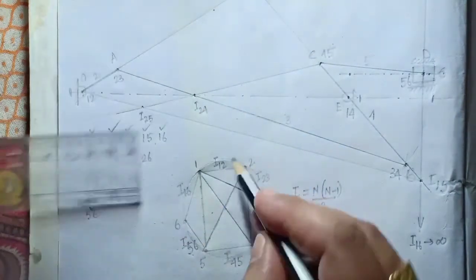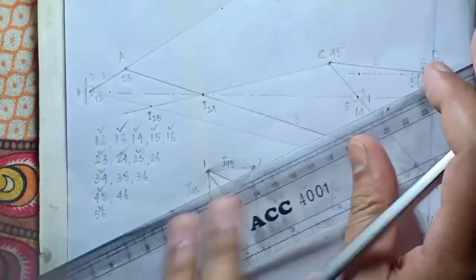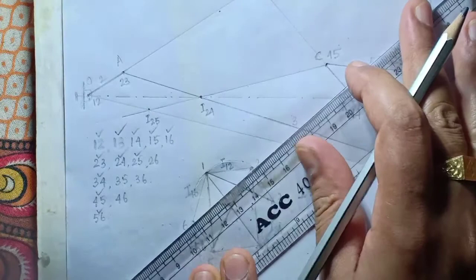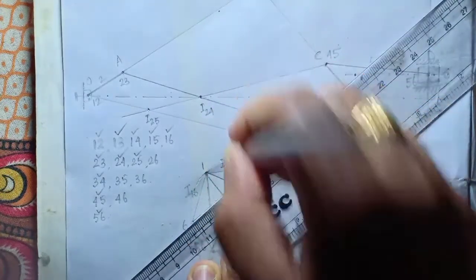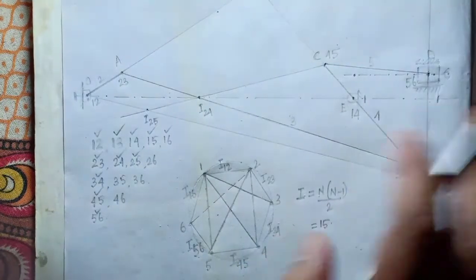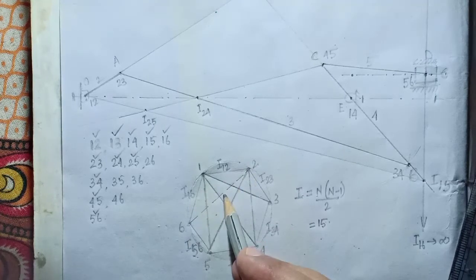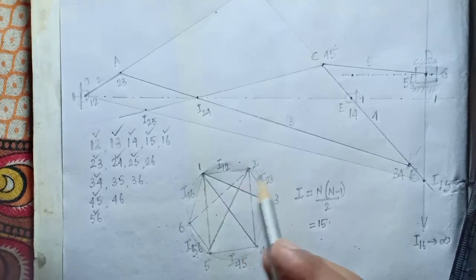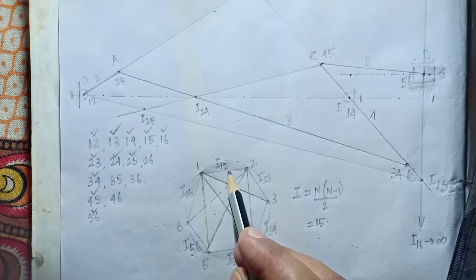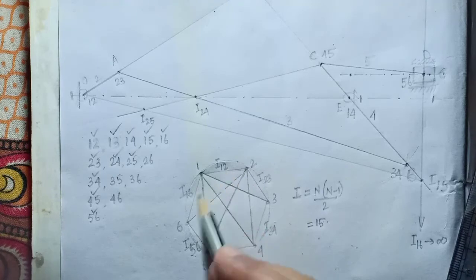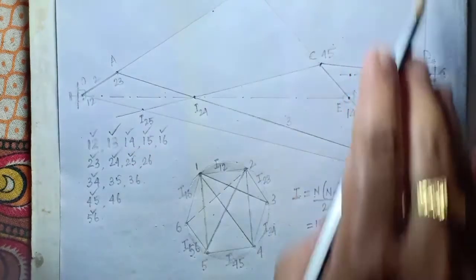Okay. Now our motto is to find out 2 with 6. So draw it. That's again dotted. Now our motto is to move from point 2 to point 6. We need to find out the instantaneous center of 2 and 6 link. So in the counterclockwise path, we are having only one path. That is I12, I16. So I12 is here, but I16 is this line.